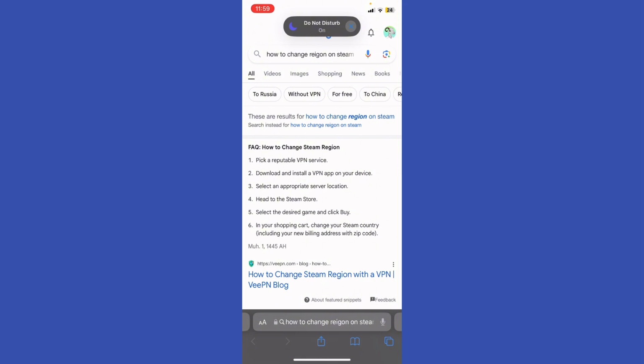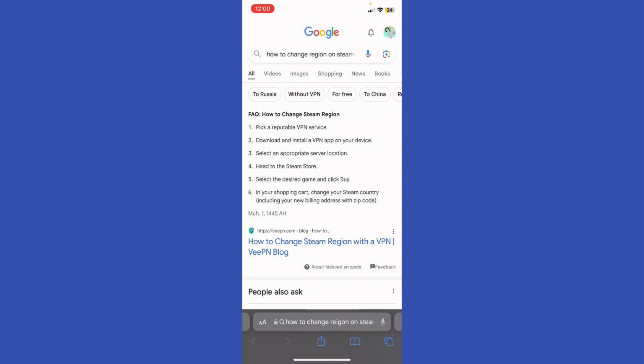a reputable VPN device service, and then download and install VPN on your device. Select an appropriate server location, head to the Steam store, select the desired game and click buy, and basically you can change the region from